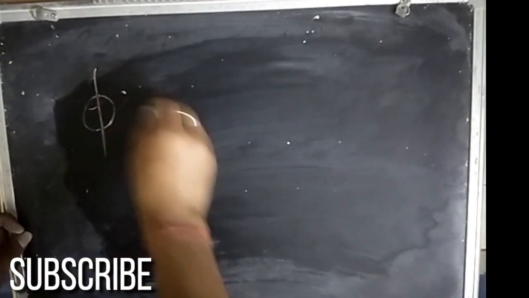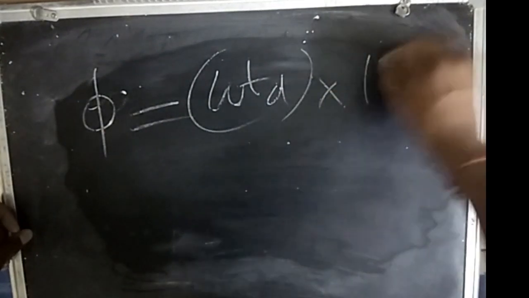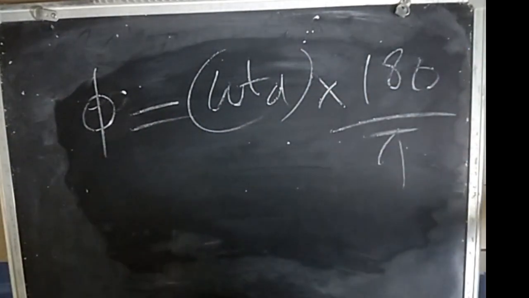And if you want to convert it to degrees, because phi is in degrees, it would be omega TD. This is in radians, so multiply by 180 by pi for degrees. We want phi in degrees. Okay. Now for purely capacitive